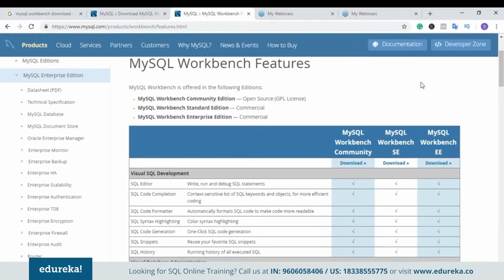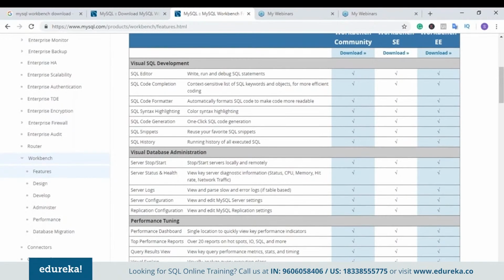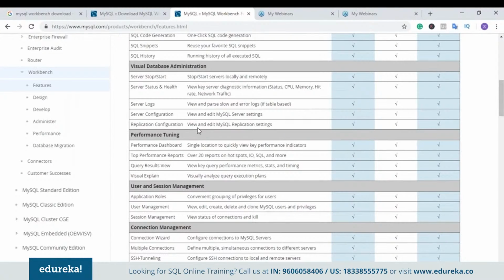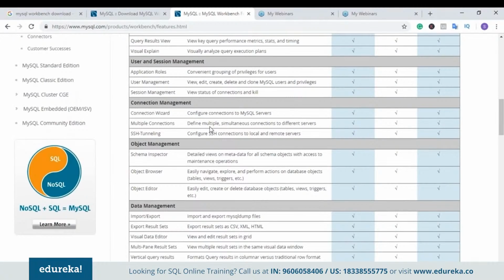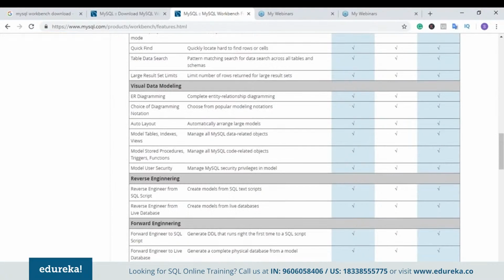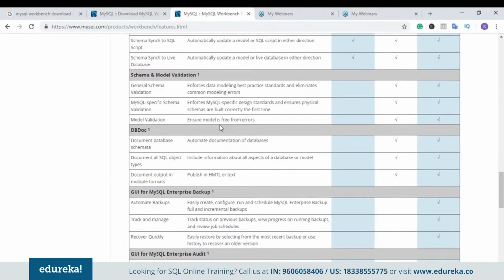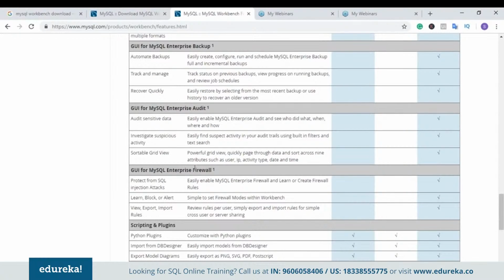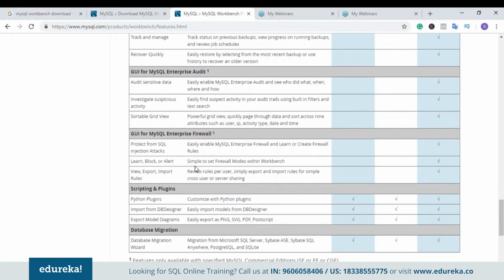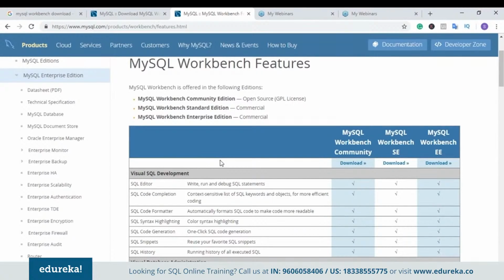So as you can see on the screen, these are the various features that the editions provide: Visual SQL Development, Visual Database Administration, Performance Tuning, User and Session Management, Connection Management, Object Management, Data Management, Visual Data Modeling, reverse engineering, forward engineering, schema synchronization, schema and model validation, the GUI for MySQL Enterprise Audit, GUI for MySQL Enterprise Firewall, scripting and plugins, database migrations, right? Now, out of all these features, there are a few which are not provided by the Community Edition